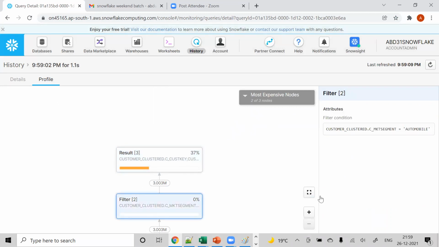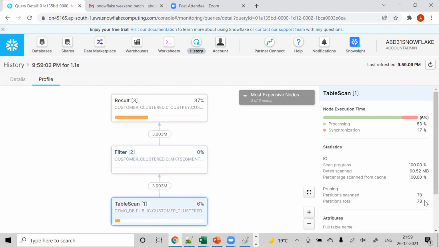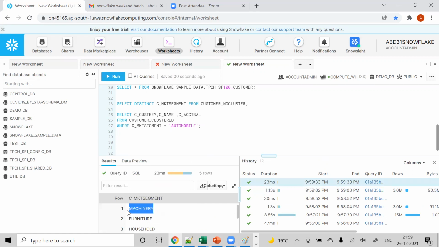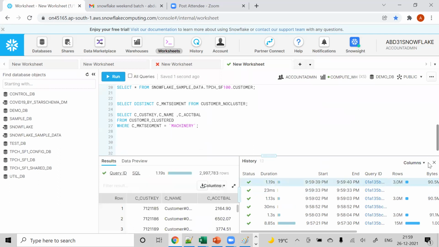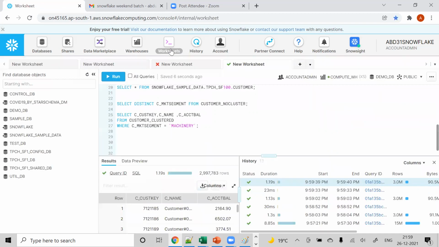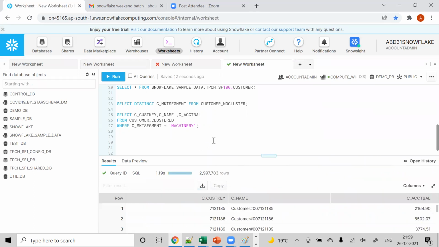Okay, no difference here. Let's look at machine learning. No difference here. Okay, so I'll tell you guys why there's not much difference here. In fact, it created extra partitions because, see guys,